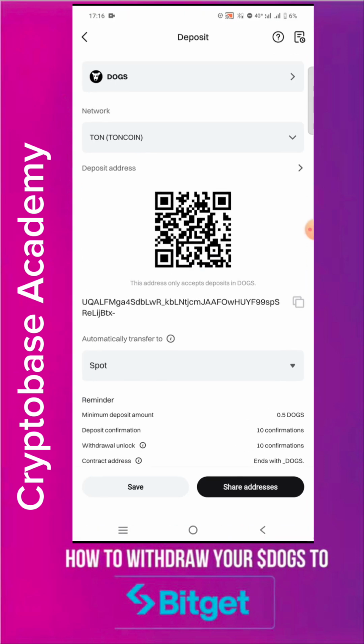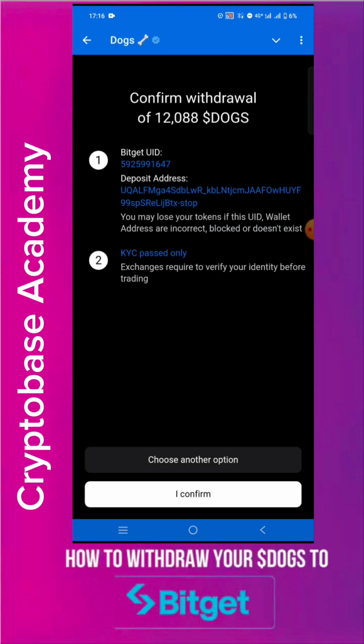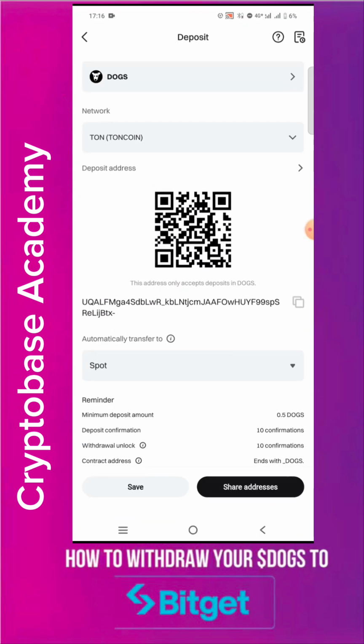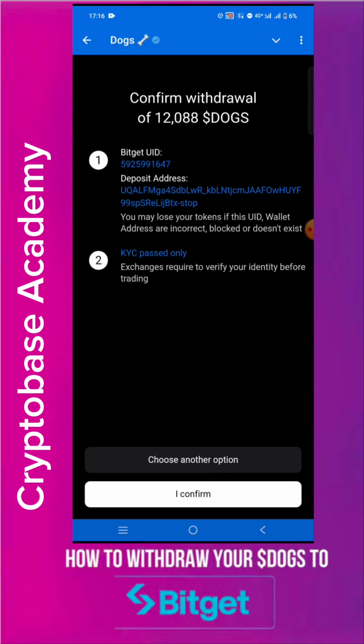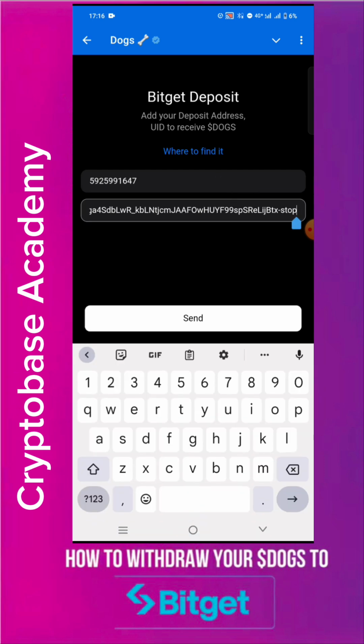Now hyphen is the last one, and hyphen is the last one, then click on send, make sure it is correct, Bitget. Now there's a stop here and there's no stop here, so I have to check again. As you can see, there's no stop there, or I have to recopy what I copied to avoid